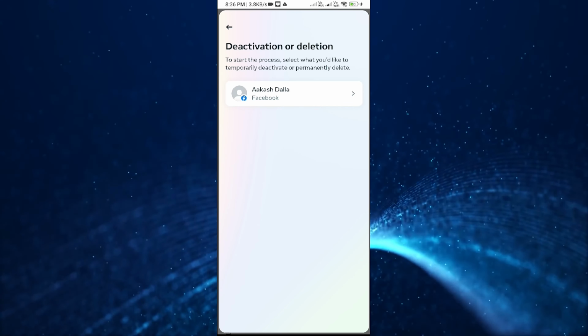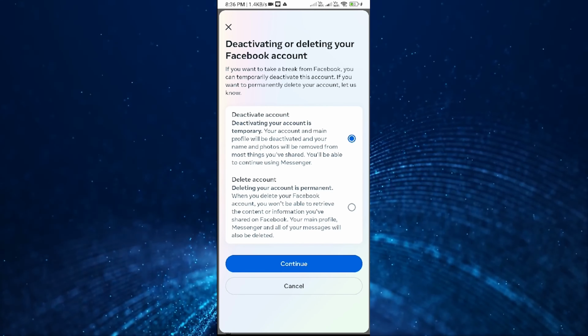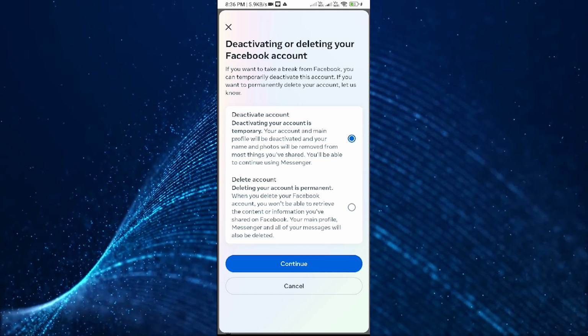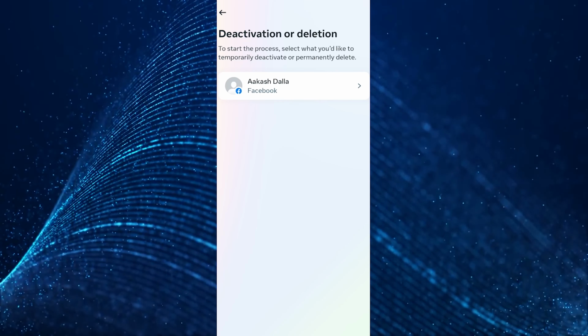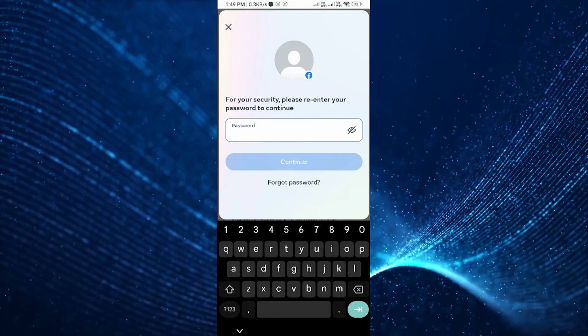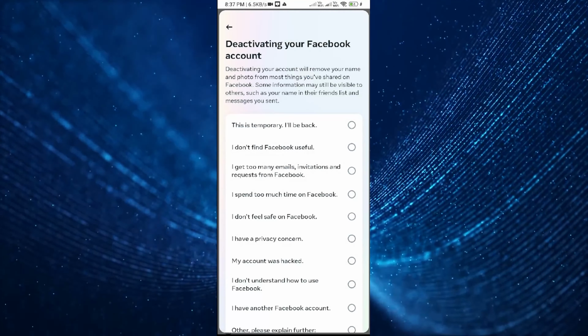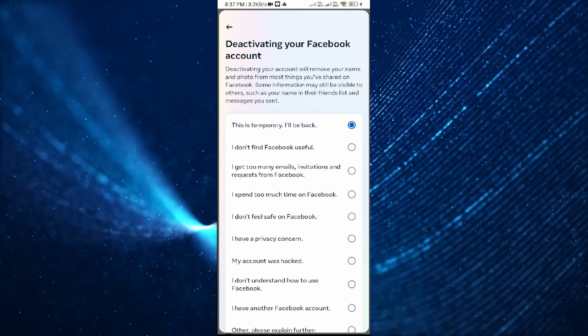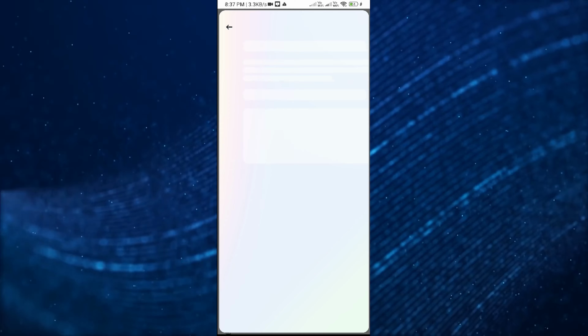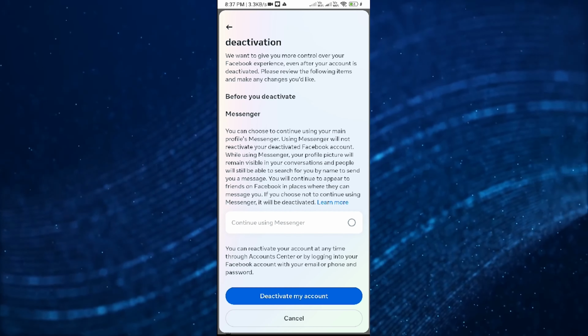Please note that deactivating your account will also deactivate any additional Facebook profiles or pages where you are the sole admin or have full control. You can review the list of these pages and then click Continue. The next step will require you to enter your current Facebook password and select a reason from the provided list for why you want to deactivate your account. You can choose any reason and then click Add to Proceed. After that, click Continue again.